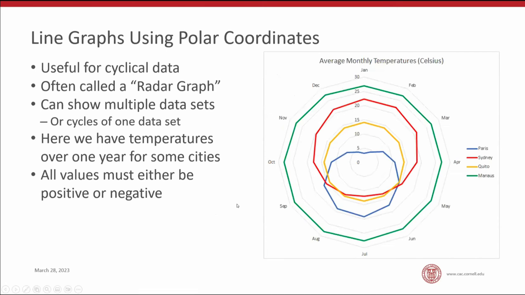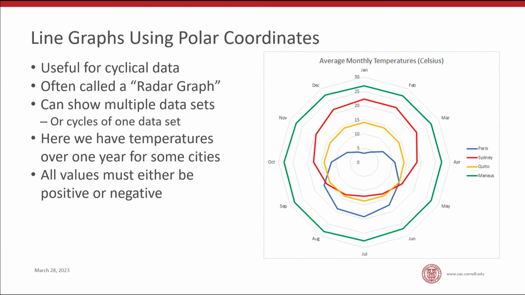Now, we talked a bit about cyclic data. If you've got data that moves in a cyclic way, you could choose to plot it, instead of plotting it on a Cartesian chart, which all of the other charts we've seen have been, x-axis horizontal, y-axis vertical. Here, the 2 axes are going around the circle clockwise from the top around, and then radially from the center out is the equivalent of the y-axis. So if you look, you see the dates, the months go clockwise from the top,